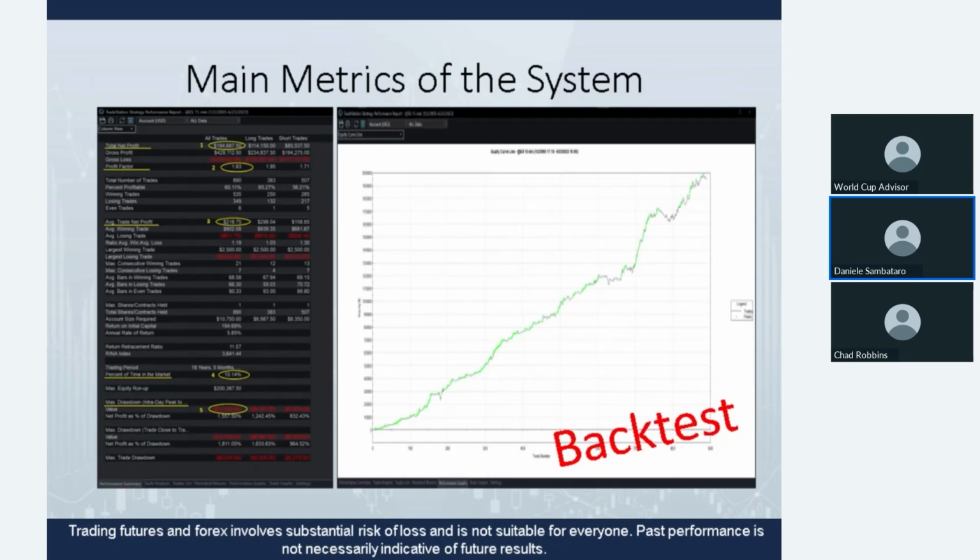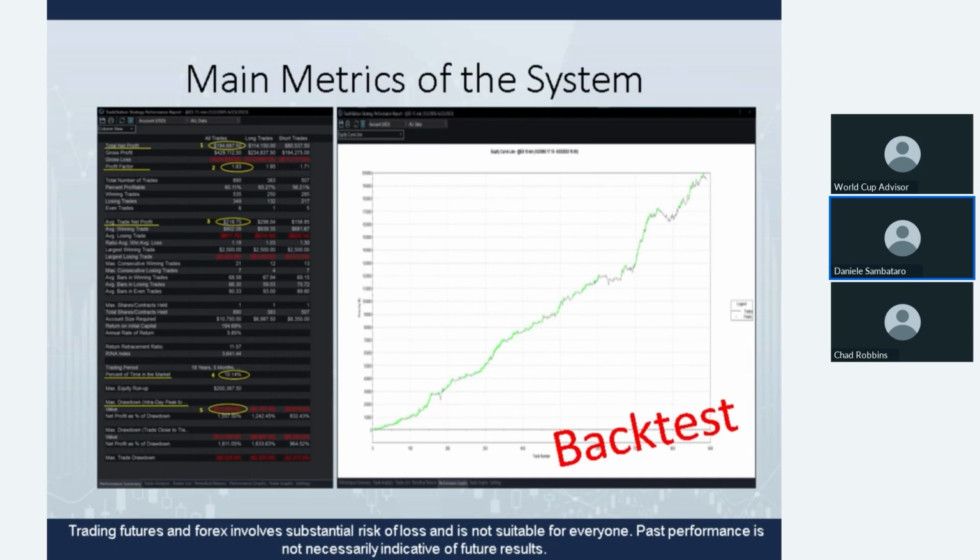Okay, well, this is the backtest of the strategy. On the right side, we have the equity curve, which is the cumulative sum of profits and losses, and describes the progress of a hypothetical account which uses this trading system. The money result is shown in absolute value, and the backtest simulates buying or selling a single contract. So we don't increase the position size according to the hypothetical increment of the capital.